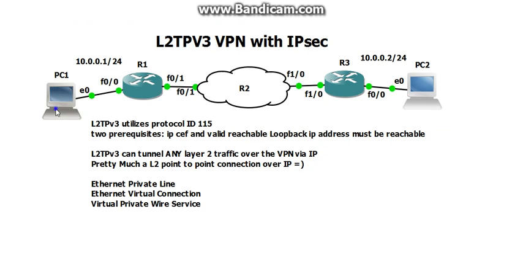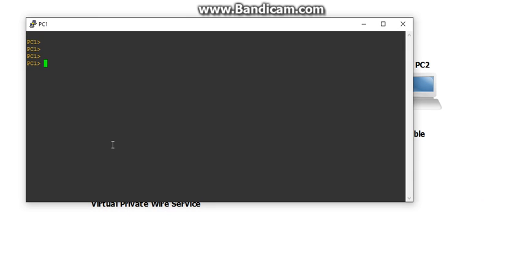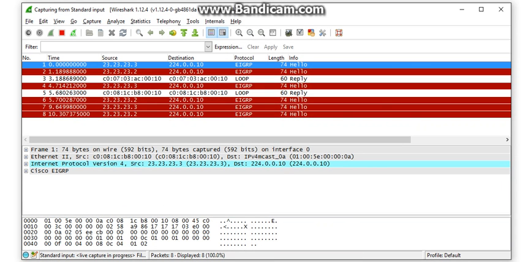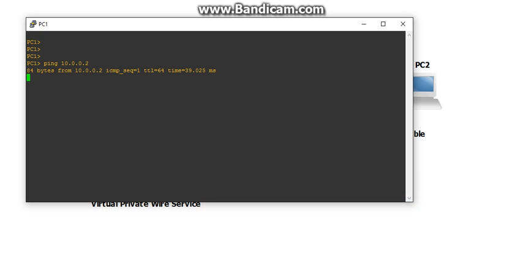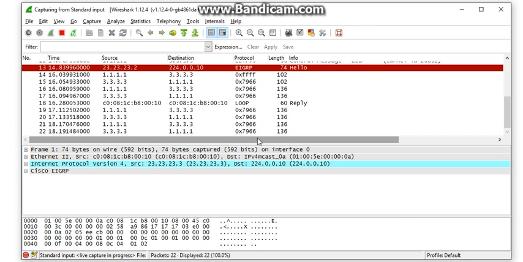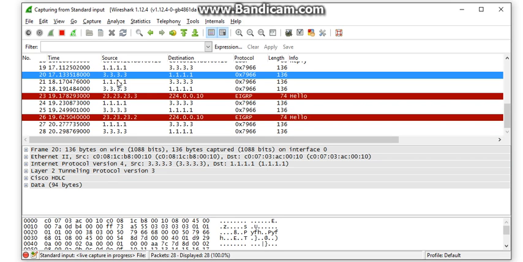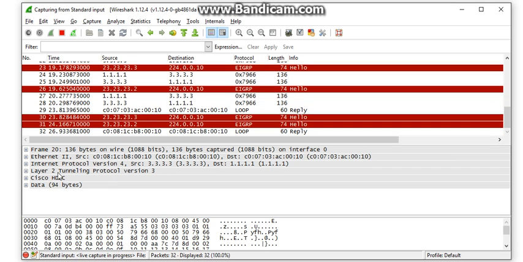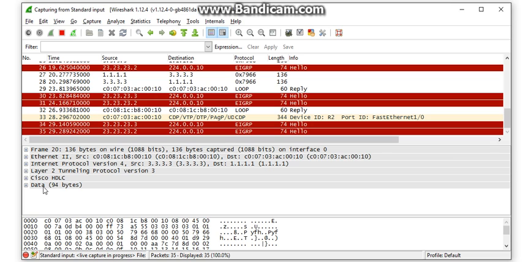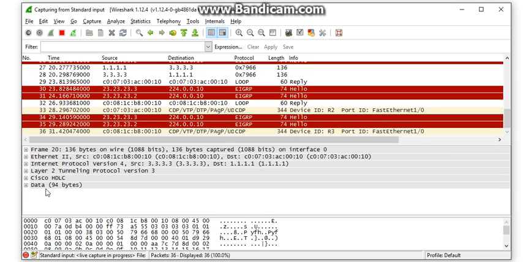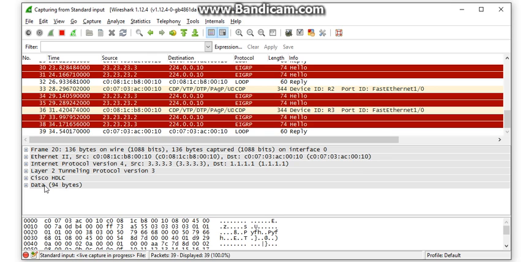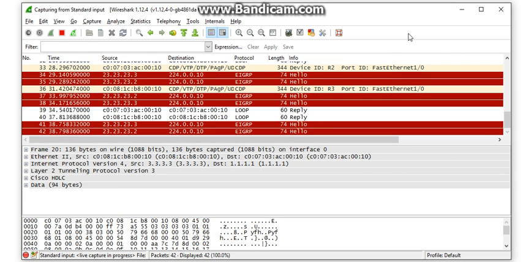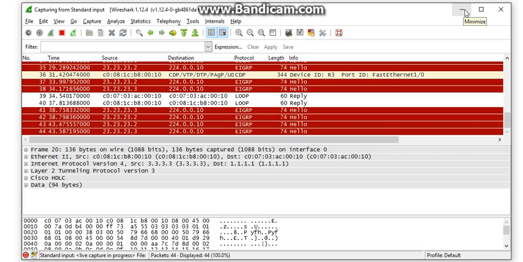So actually, let me bring this guy up and let me do a ping real quick. Ping 10.0.0.2. Bring up Wireshark doing its thing. Bam, hit that. And here we are. All these little messages, we get to see that it's an L2TP version 3 packet, and then Packet Tracer can't really decipher what the data is, but it's there and everything is in clear text. So that's bad. So let's configure IPsec over this tunnel,